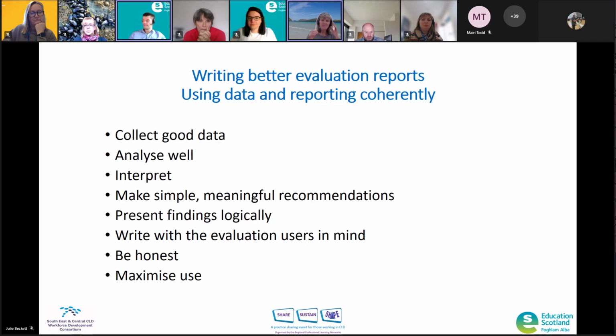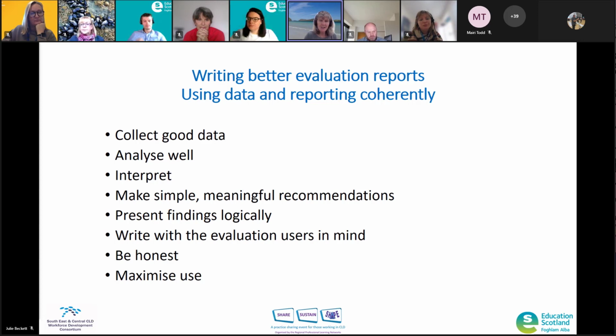Thanks, Jamie. So thinking about the data that you gather and reporting coherently, it's vital to assess the impact that you make through your work. To help with this, organisations and individuals need to collect the right monitoring information and report clearly and effectively on their findings. See below some effective things to consider.